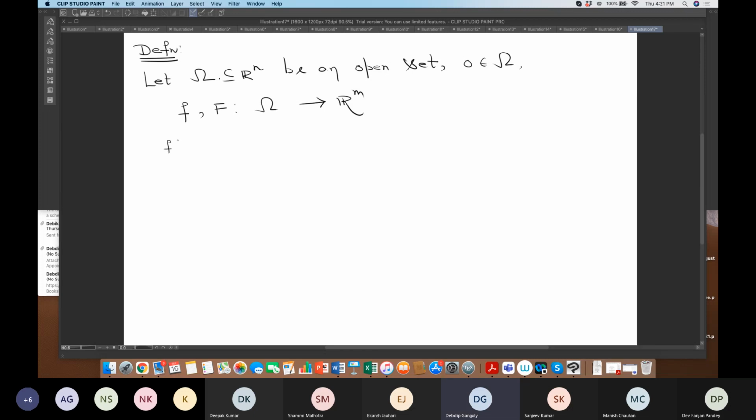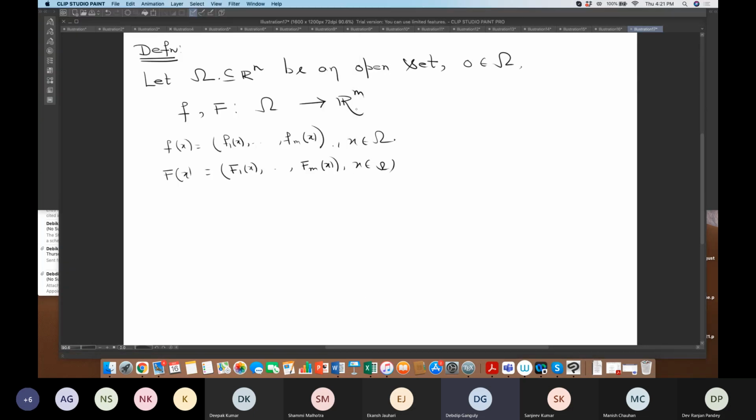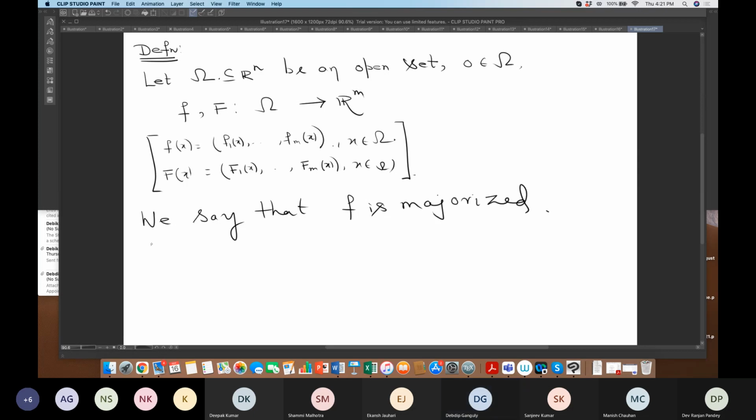So f of x is f1 of x, dot, dot, f m of x, and similarly capital F of x, where x is from omega, is F1 of x, dot, dot, dot, F m of x. So this is a mapping from R^n, a vector valued function. Then we say that f is majorized by capital F